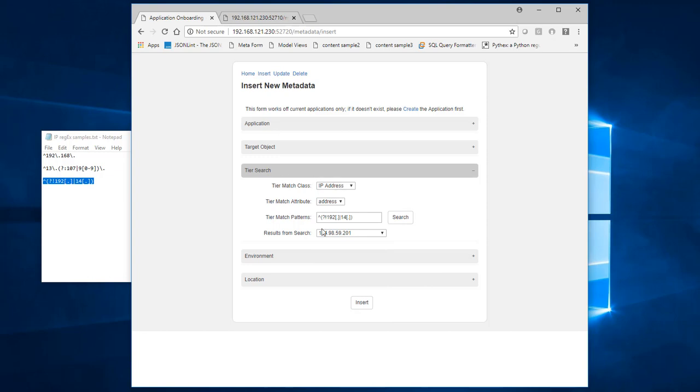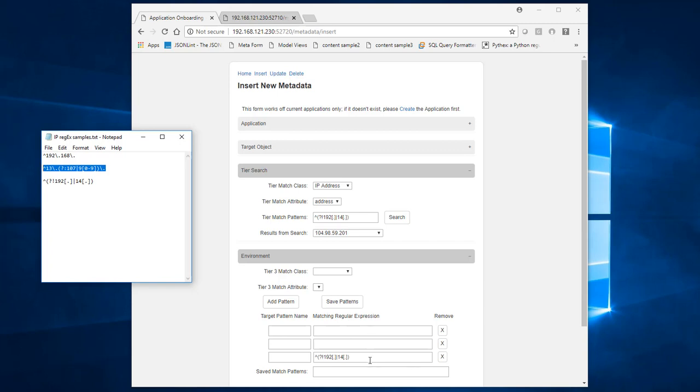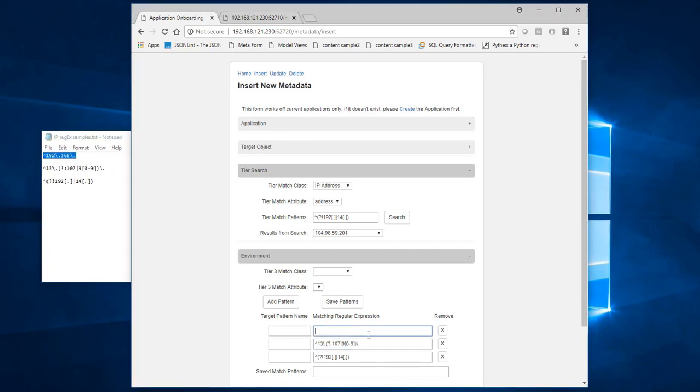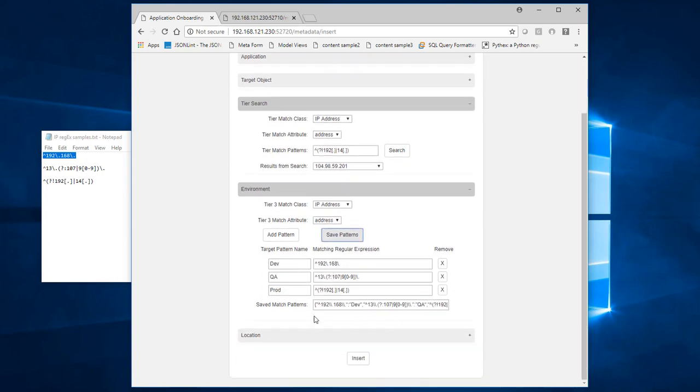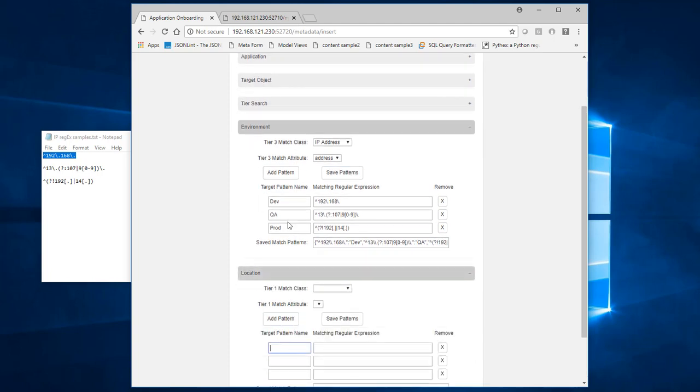All right, so this is just to help figure out what we're going to put down here. So down here, we're going to use these 3 patterns that we just looked at results on, and I'll just paste them in here. And we'll use our traditional dev QA prod, but this can be, you know, office, site, whatever. And from our tier search above, we're going to use this, save our pattern, do the same thing in the section below it, add a couple